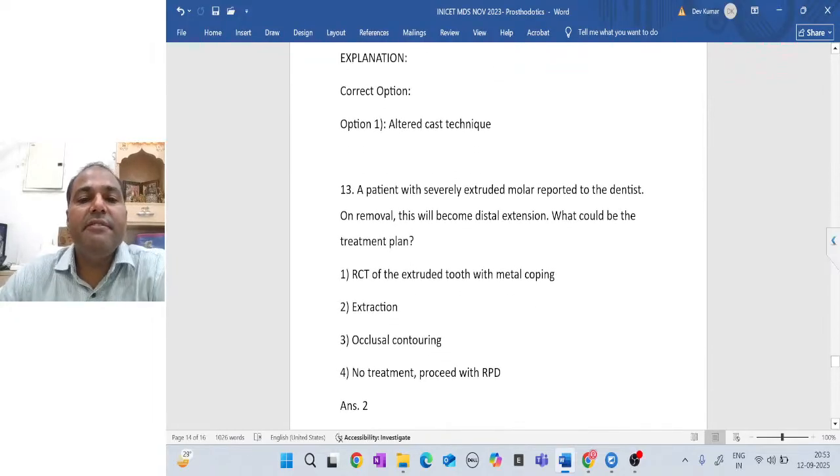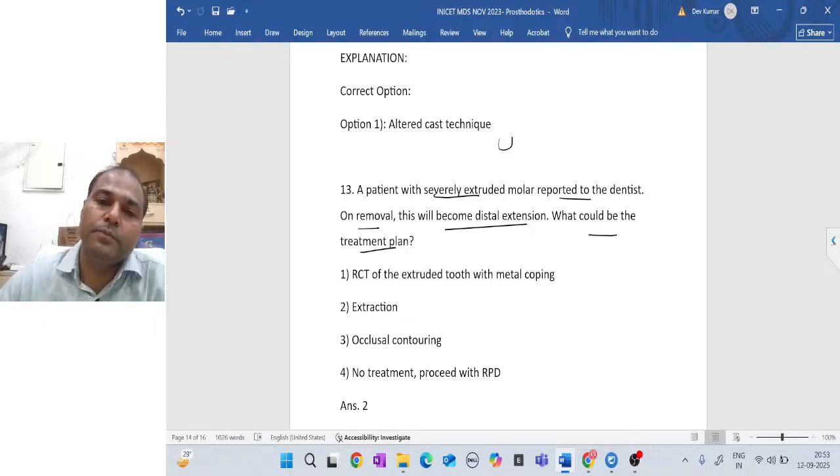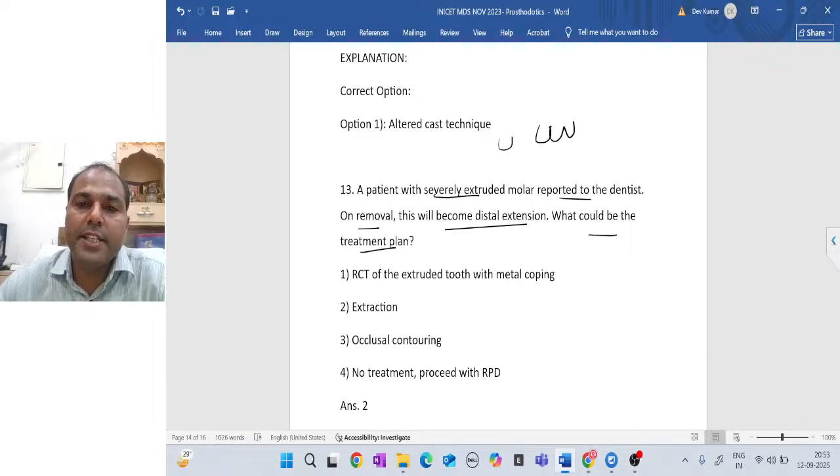A patient with severely extruded molar reported to the dentist, and on the removal this will create a distal extension case. What could be the best treatment plan? देखो, अगर दे रखा हो कि 1 या 2 mm ही सुपर एरप्टेड है, 1 या 2 mm 3 mm तो सुपर एरप्टेड है, still you can save the teeth by doing a root canal. ऑलवेज अगर ये मान लो ये एंटीरियर टीथ प्रेजेंट है और पोस्टीरियर ये इडेंचुलर स्पेस और लास्ट के दांत हमारे सुपर एरप्टेड हैं,